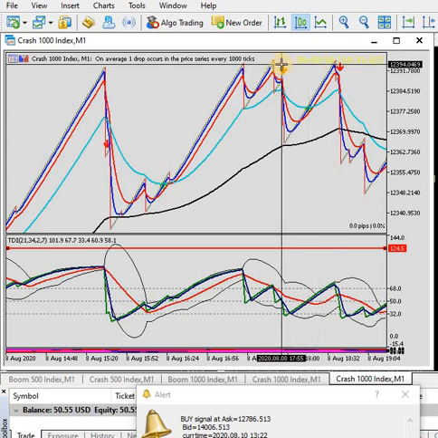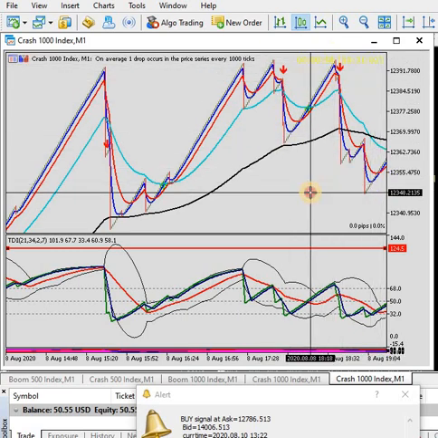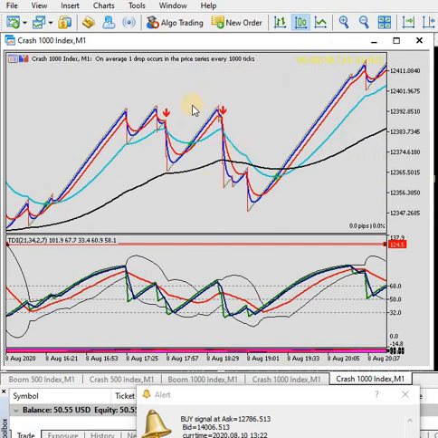So I would have gotten this spike, I would have gotten this other spike, and of course I would have gotten up to this. I would have gotten it all. As I've told you, I lock my profit and I put it at half of the previous one. By putting it half here, the stop loss would be somewhere here, and